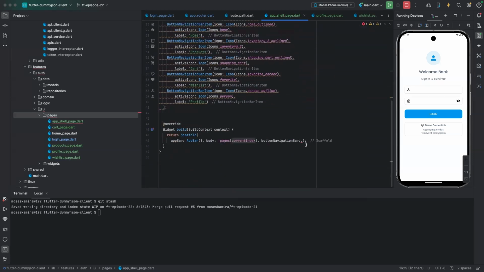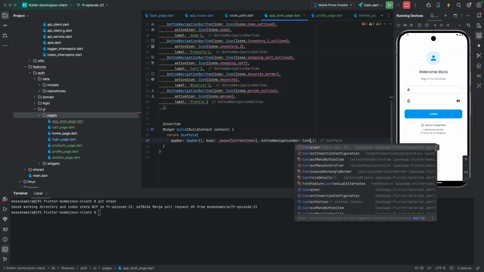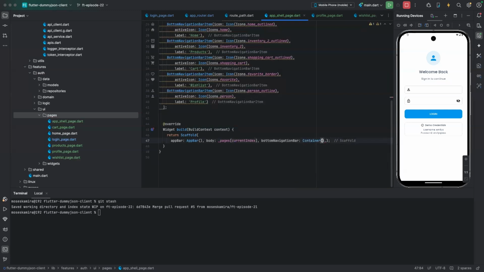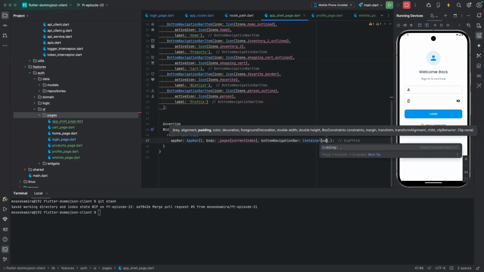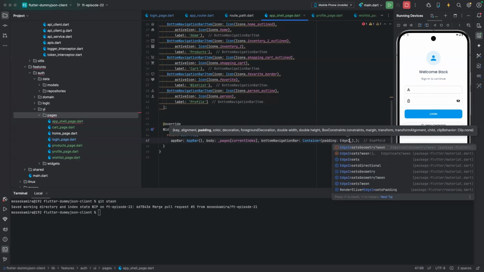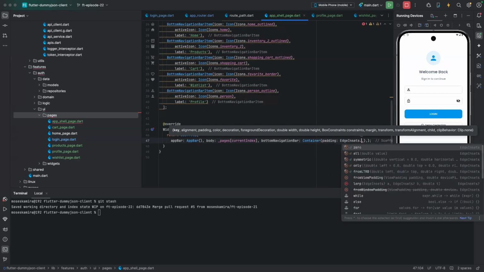So that means the bottom navigation bar should control all. All right. So in the bottom navigation bar, we have container, and maybe we give some padding